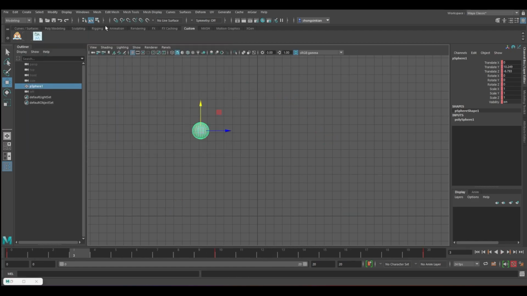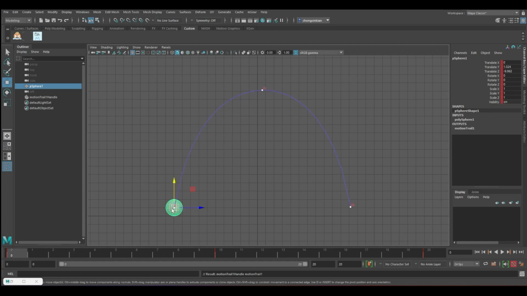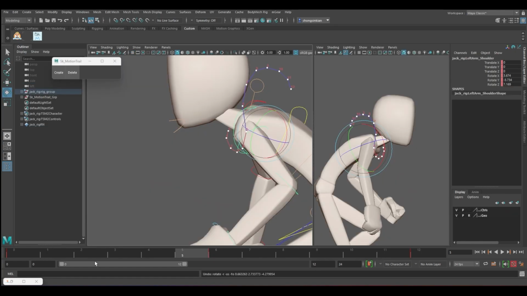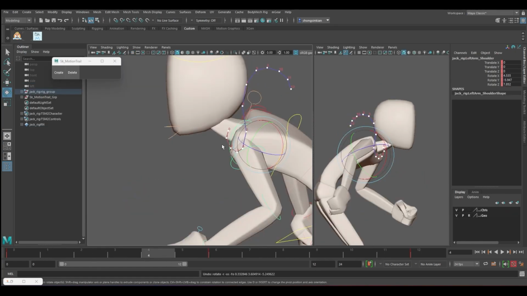Normally when we do a motion trail, we click the animation tab. Over here there are a few icons. The second one, if you click the ball or the controller, any controller, and click this motion trail, it will actually create a curve for you, a very beautiful one, because this bouncing ball is already edited. You can see there's one dot here, and at number 10 there's another dot, and 20 is another dot. We don't know how the in-between looks from 0 to 10, because there are no dots over here, unlike the run cycle which I showed you.